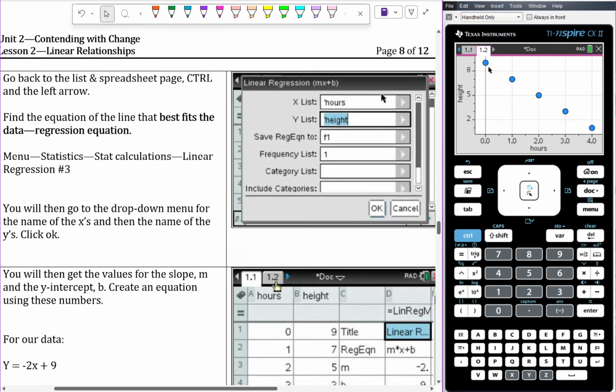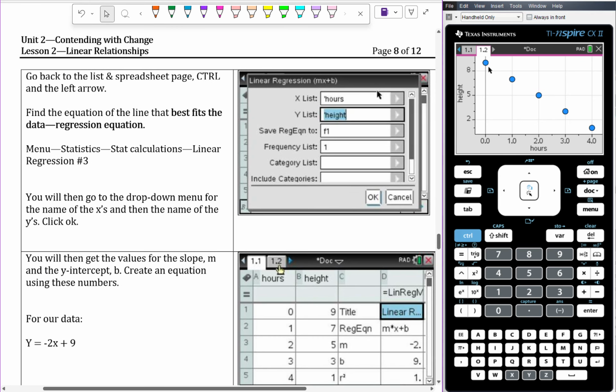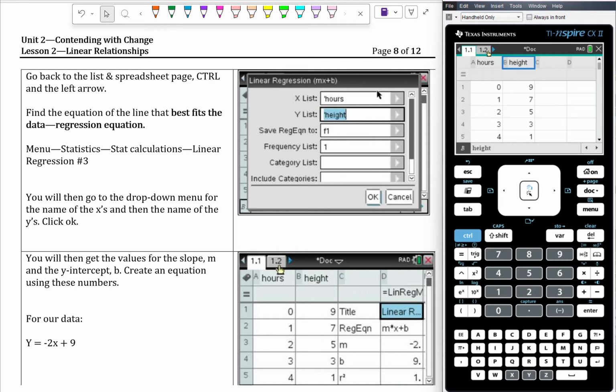So the next thing that we're going to do is have this create a line of best fit for this data. Since I have all these points plotted, here's the line that I can connect these dots with. So we are going to go back up to our first tab here, the tab that we were just putting our data in. Mine is 1.1. Yours might have a different number, so it should just be right before the one you were just working in. And we are going to have our calculator create the line of best fit, aka the regression